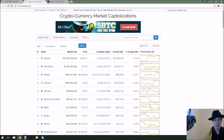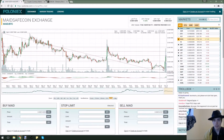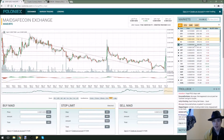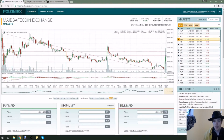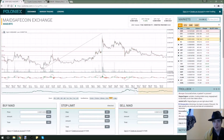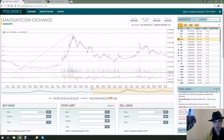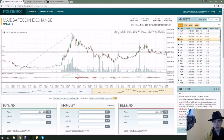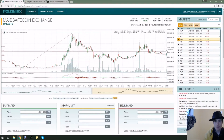Alright, so if we look here, we can see that MadeSafe has started to break out a little bit, and this is a good sign because it looks like this could be a 1, 2, 3 bottom formation here, a 1, 2, 3 bottom continuation pattern as they're referred to, and that's happening right at that 38% level from its low. So this could be a great time for MadeSafe to start gaining some uptrend leverage again here,